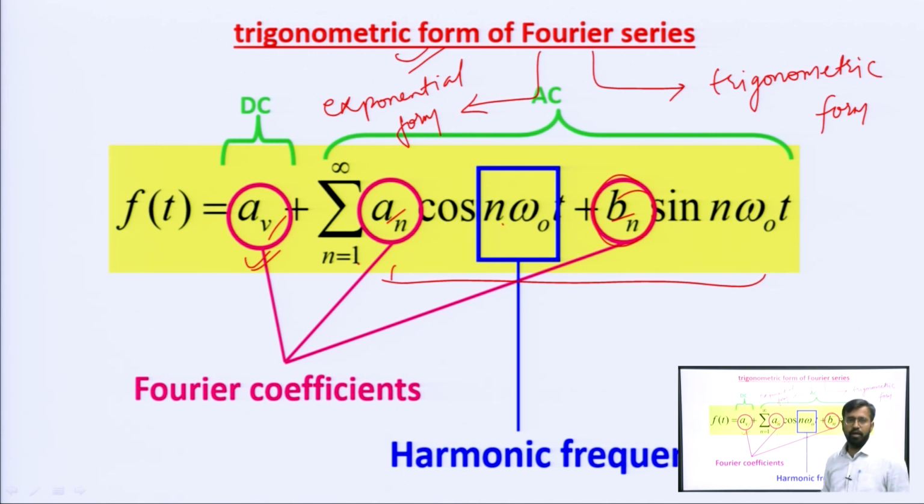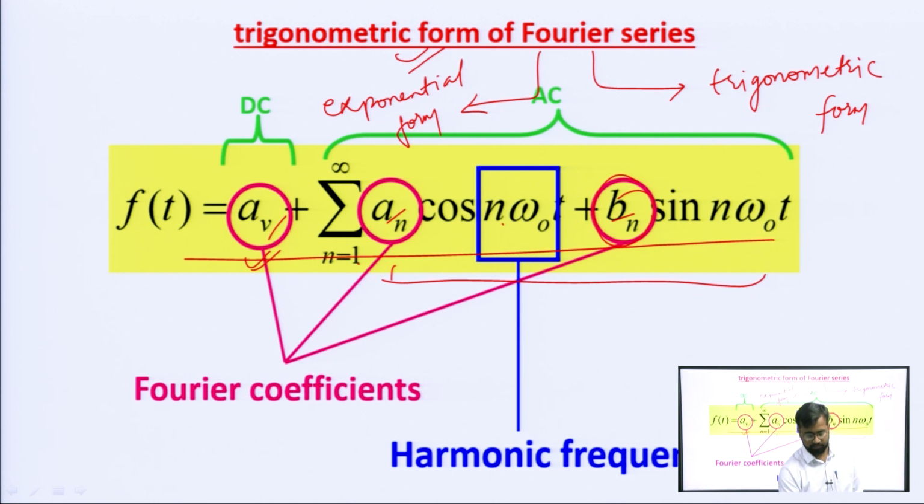Again, if you make n equal to 2, it will be the second harmonic, and n equal to 3 will be the third harmonic. So this is the representation of how we express any function which satisfies the Dirichlet condition in Fourier series form. You have to remember this form. I will also tell you the values of a n and b n. These are called the Fourier coefficients.